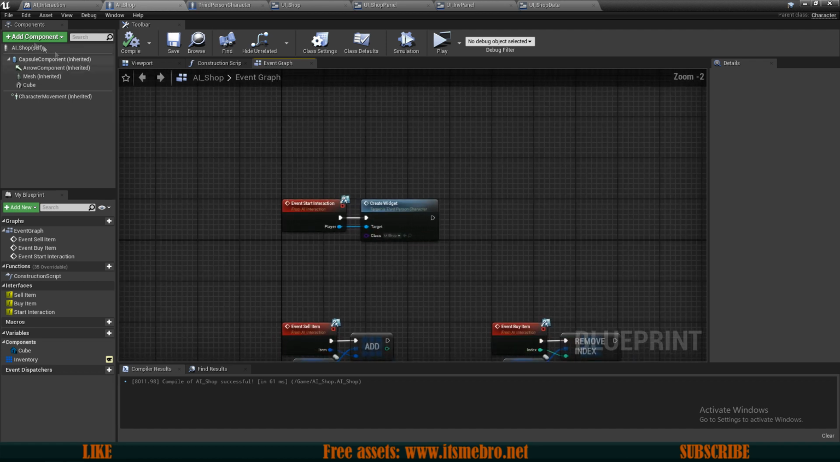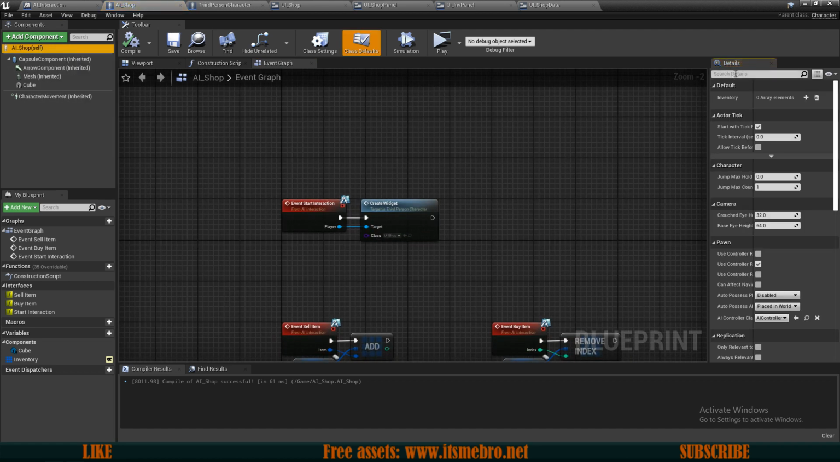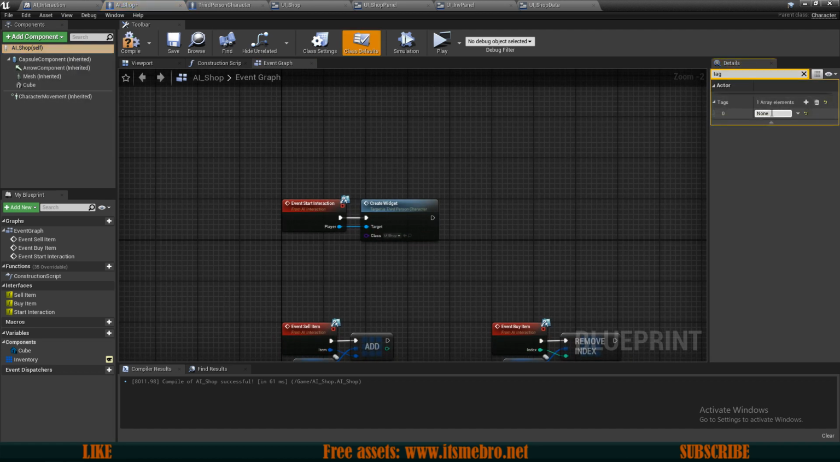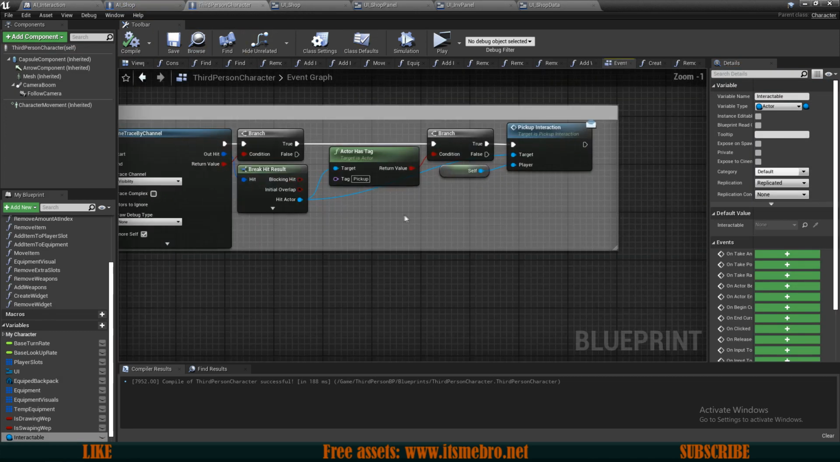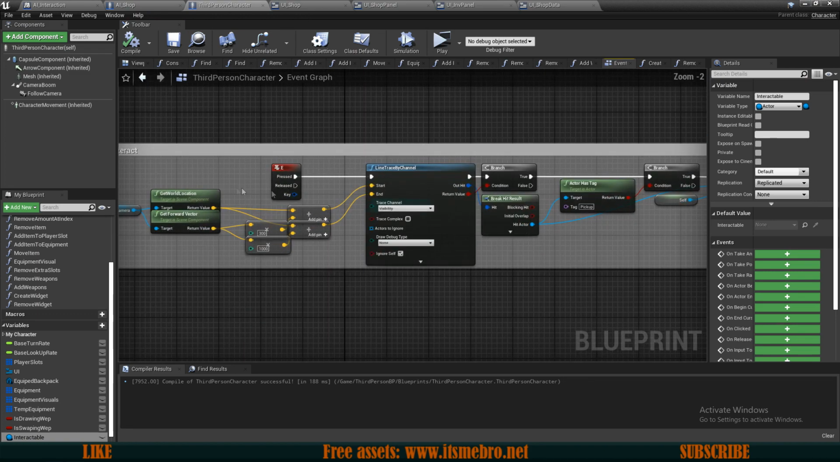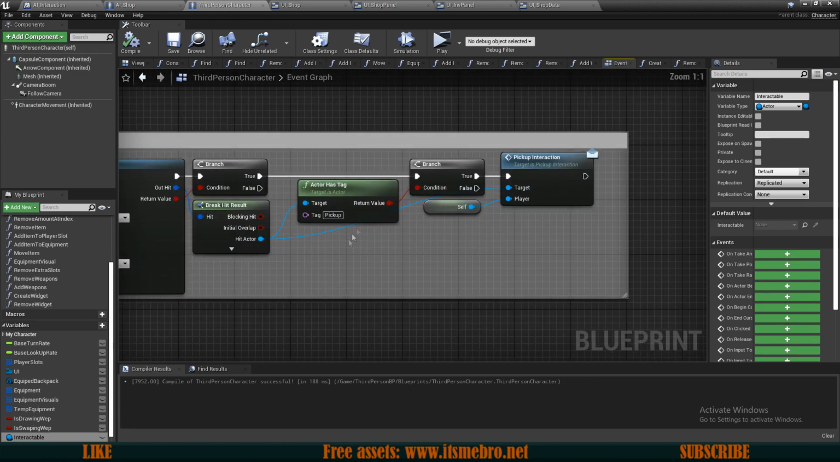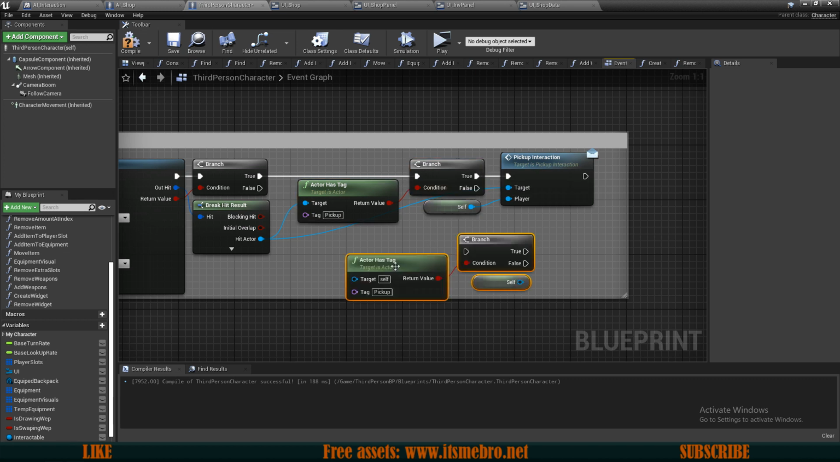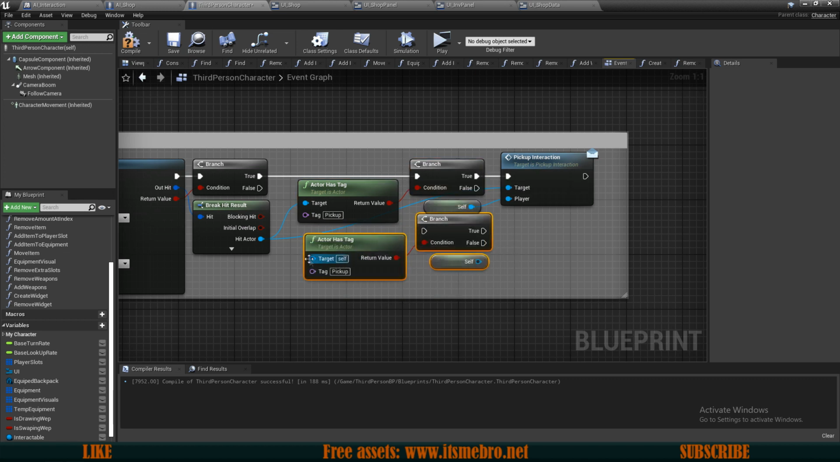Now let's give our AI a tag, so let's select self, look for a tag and give this an NPC tag. Then in our third person character we can actually start interacting with it. So on keyboard key E I have this line trace. Let's check if this actor has a tag, and so the tag needs to be our NPC,